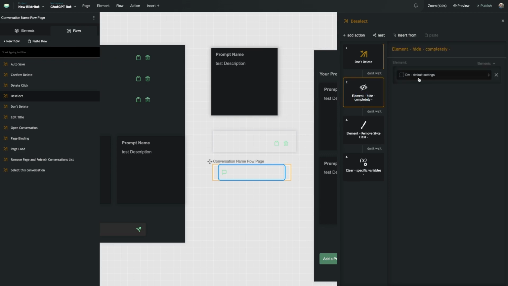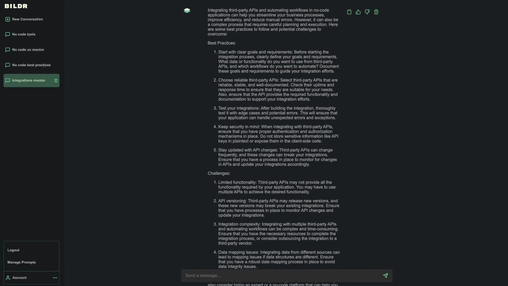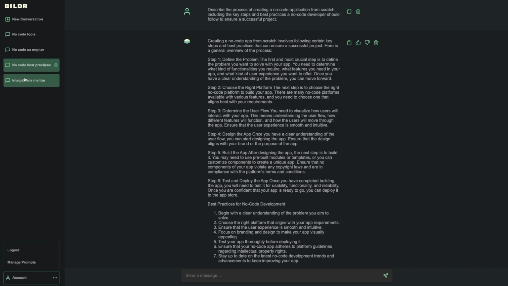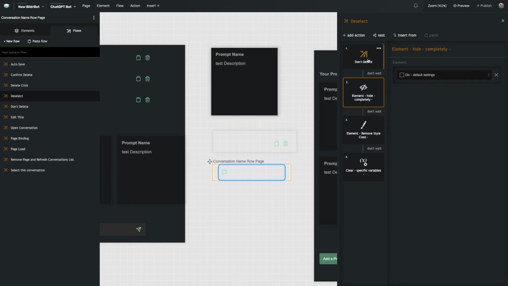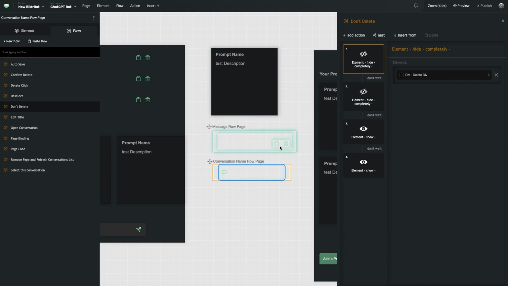And then that's the hiding thing that's going on here. This is to accommodate if they've selected the trash icon, but now I click off of it. When I come back to it, I don't want to see those options already pre-selected. So what we've done with don't delete is we preemptively do the show and hide of the appropriate elements for